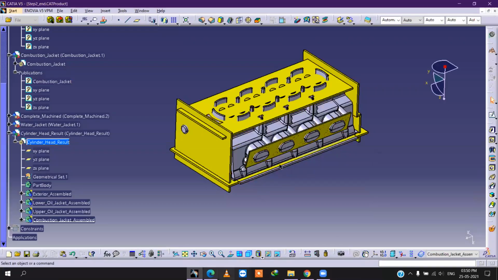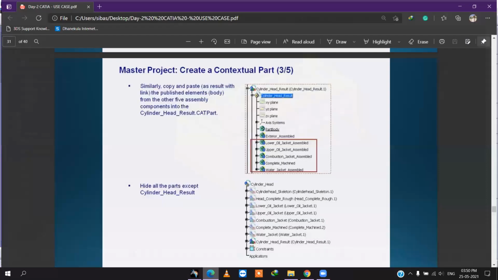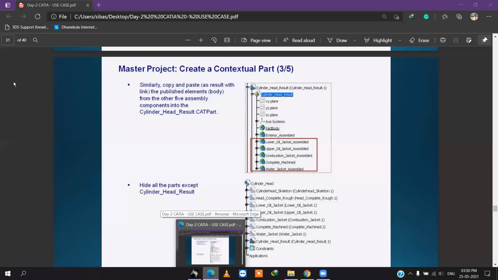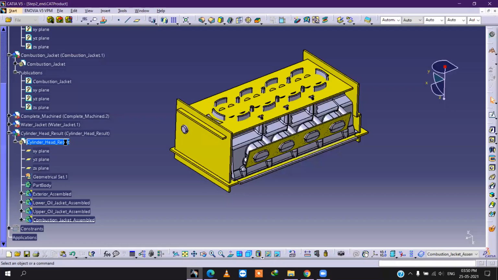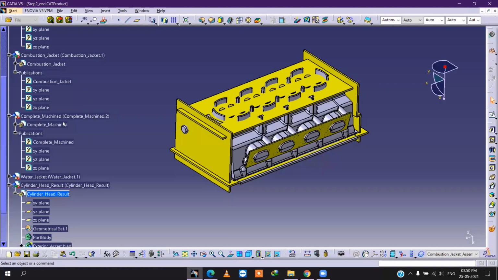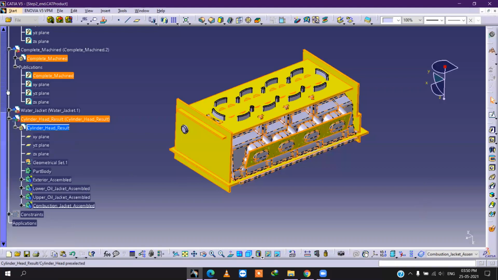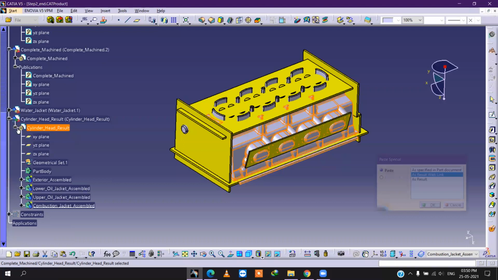After that, complete machine. Complete machine, publication. Same process. Okay. After that, water jacket body part.